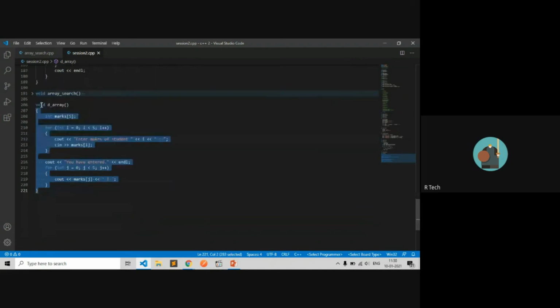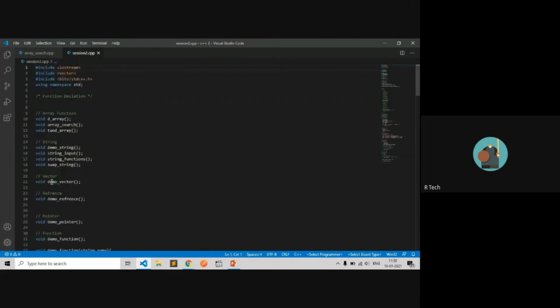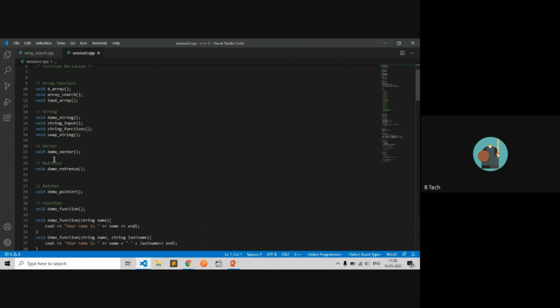and if it is void, then it's not returning anything. If you are specifying some other type like integer or string, then you have to return, for example, integer 0 or something else. If it is a string, then return a text. So this is the concept of functions.